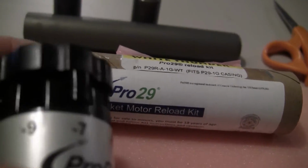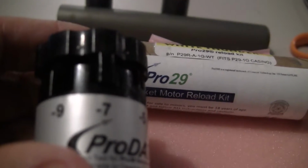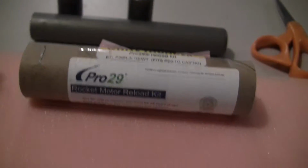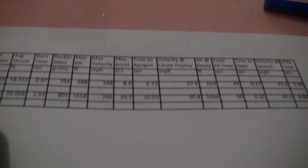But you can see on the tool it has different set points, and you can subtract 3, 5, 7, and 9. So in this case we'll set it up where it's actually already set there. We'll put the little notch in -7, and we'll drill out the propellant. The other information on this sheet,